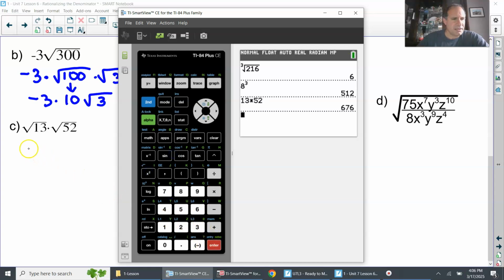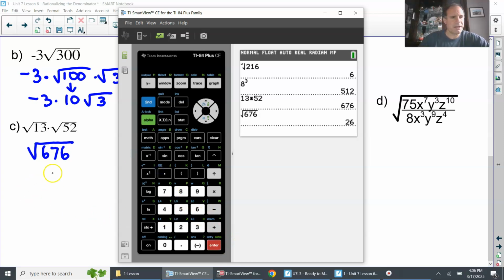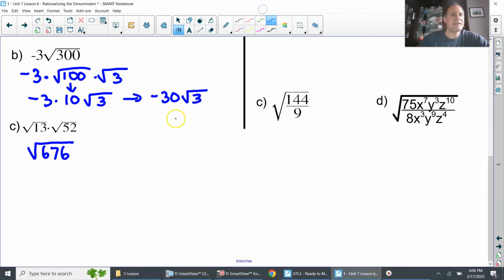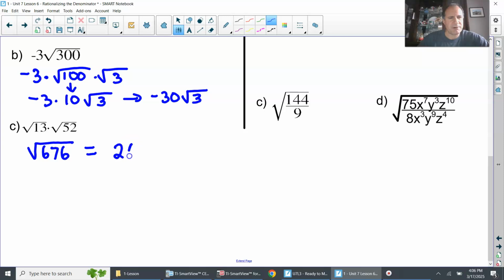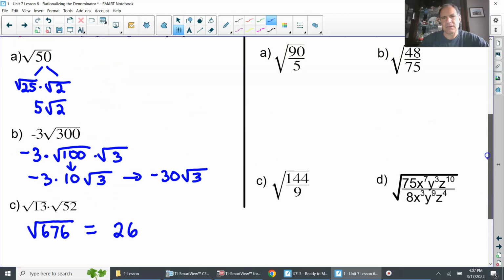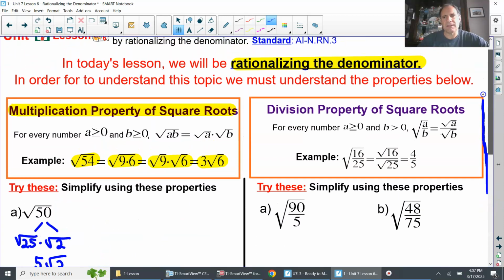That is 676. So square root of 676. So just to make sure, I don't know if 676 is a perfect square, so I am just going to put 676 into my calculator. And it is a perfect square. So you always check to see if it is a perfect square. I didn't know right away that 26 times 26 equals that. So you didn't have to break that up. It is just 26. It's a perfect square. And that is it. So let's go back up and talk about the